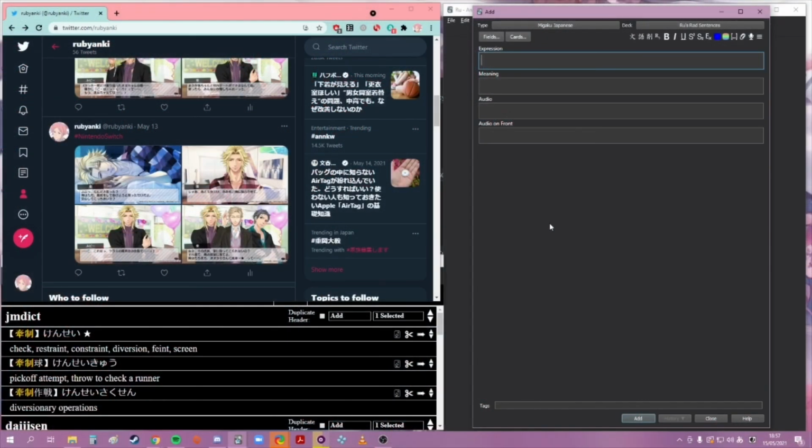So this is a less elegant card making workflow, but it is another way that I make cards, and it's from Nintendo Switch games. What I do with these is I play the game, and when I come across a promising sentence, I screenshot it, and then once a week I mass upload all these screenshots to a Twitter account that I have expressly for the purpose. Then I go through the screenshots,